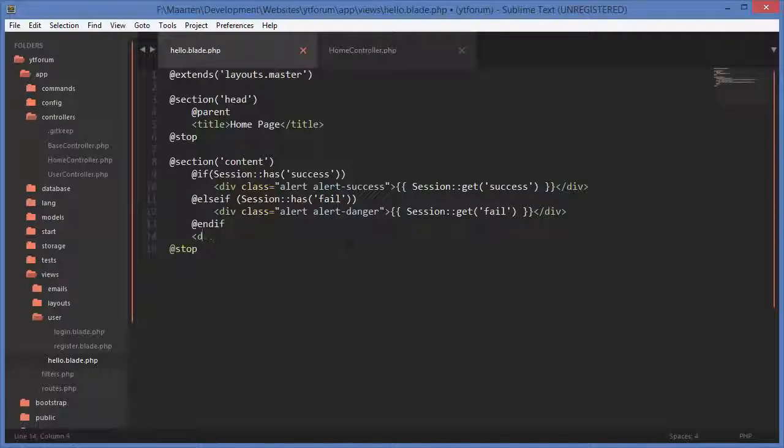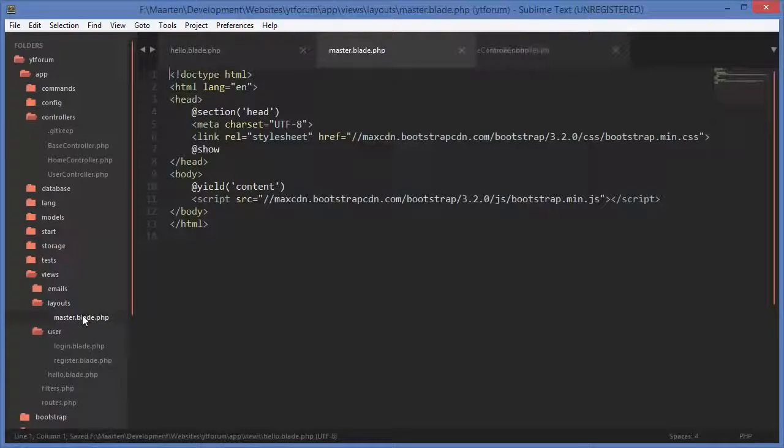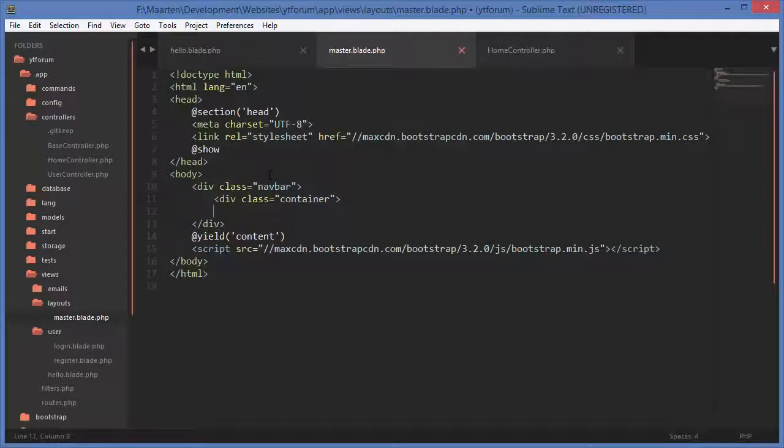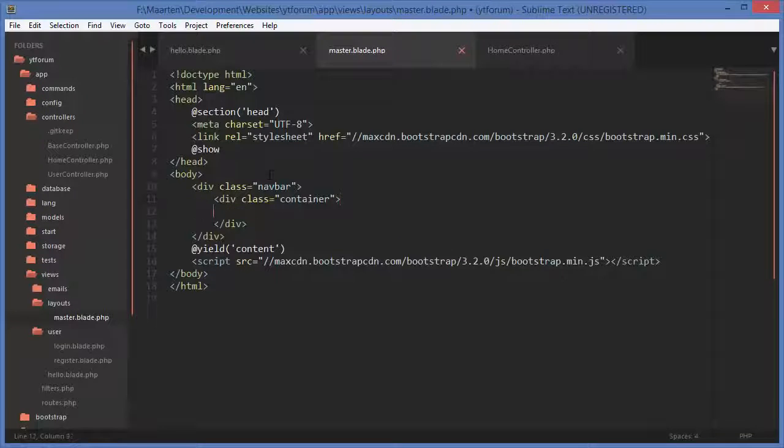We want to do this in master, so every page has the nav bar. So in layouts master, above the content section, I want to add a div with a class of navbar. Inside here, I want to have a div with a class of container, which makes sure that the content is centered a little bit. Then you want a div class navbar header,